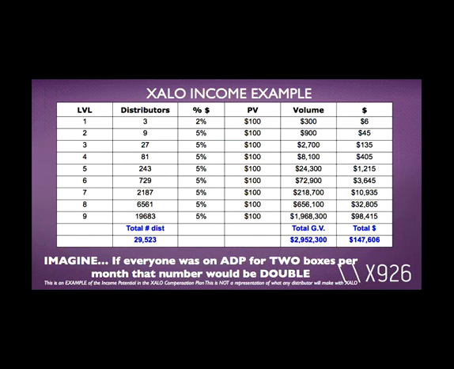So we talked about 4 levels, but this is a 9-level payout. 9 levels if you're at the premier position or higher. So in 9 levels, if you're just building the 3 by 3 by 3, there's over 29,000 distributors in that 9 levels. If everybody was just doing 100, there's over $2.9 million in volume.